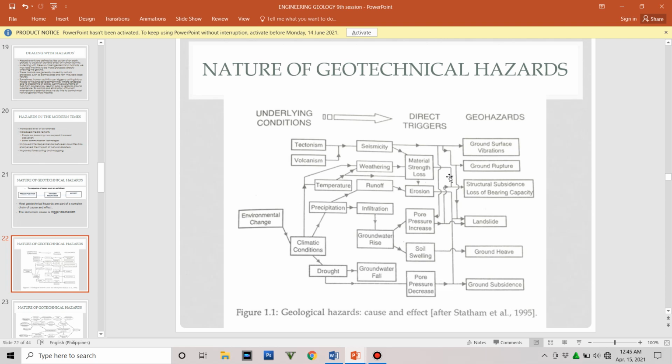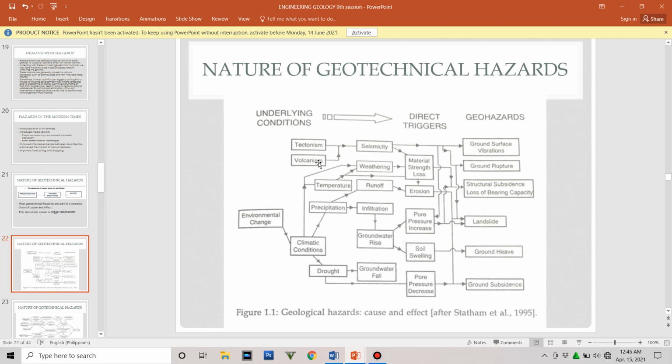So, kung saan-saan nakakonect yan, that is why you cannot just easily deal with this phenomena. There is no one-size-fits-all solution. Okay? Baka pag sinabi mo, basta clay, tapos 60 degrees, magko-collapse yan. So, hindi ganon. So, there are a lot of things to consider. Like the environmental change,